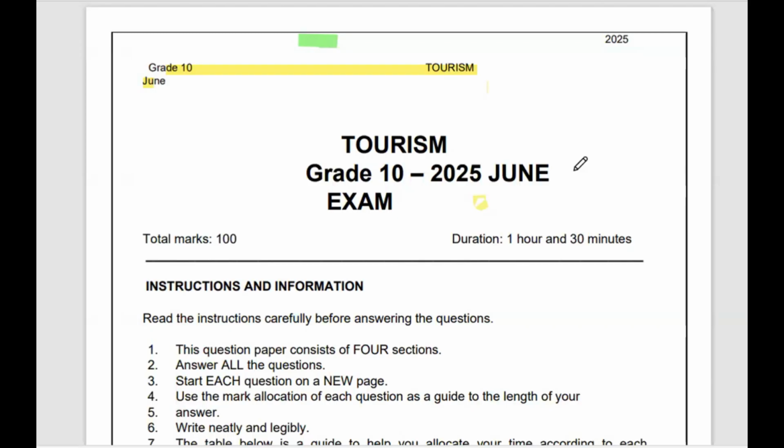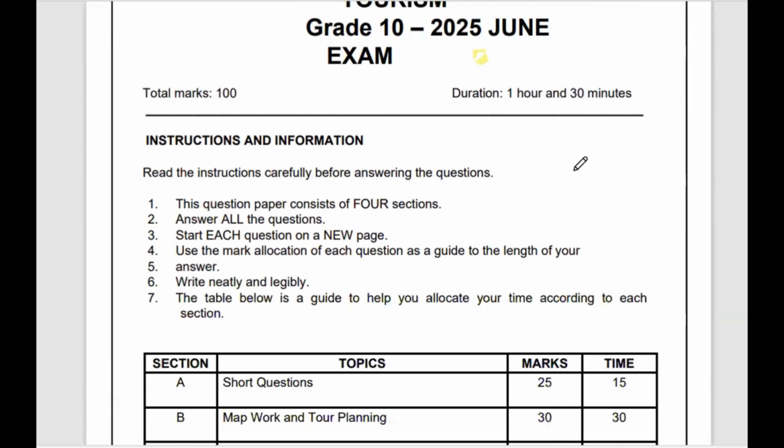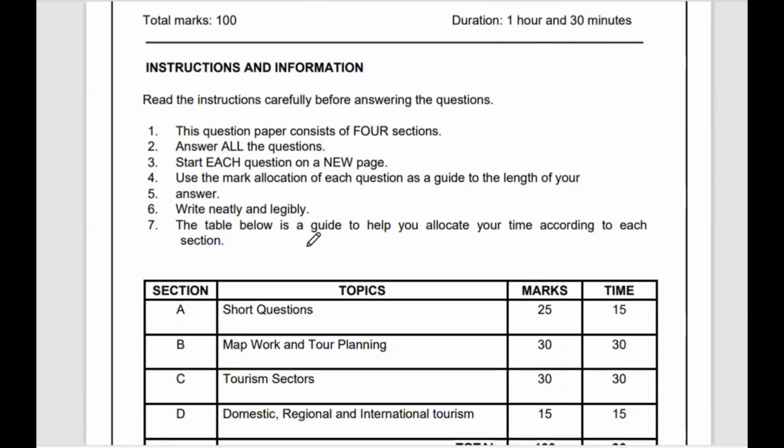So I'm going to go through the Junior Examination question paper. The instructions say that you are supposed to answer all questions in all sections. This question paper consists of 4 sections, so you answer all the questions. In addition to that, you must always stick to the mark allocation for each question as a guide of the